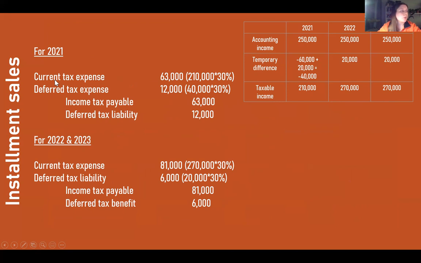For 2021, what you want to find first is your current tax expense. So how much tax am I going to pay for this year? And to do that, you take your taxable income times your